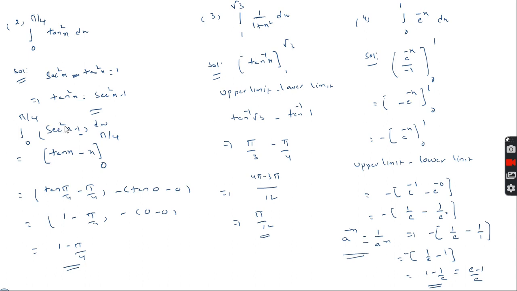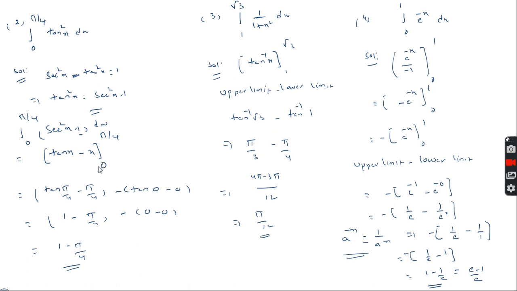For secant square, we know the integral of secant square x is nothing but tan x. And next, integration of dx is nothing but x. The lower limit is 0 and the upper limit is pi by 4. So we substitute upper limit minus lower limit. First we substitute the upper limit, x equal to pi by 4 here. We get tan pi by 4 minus pi by 4,